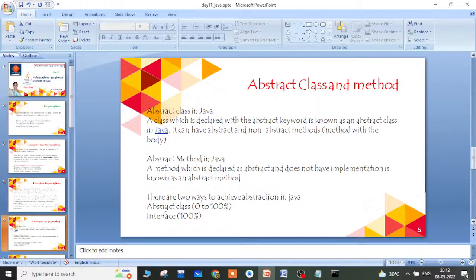Because I said already, multiple inheritance is not implemented in Java directly. We can implement the concept using interfaces, so we can implement the concept of multiple inheritance in Java programming. At that time we saw that an interface has static or final variables,